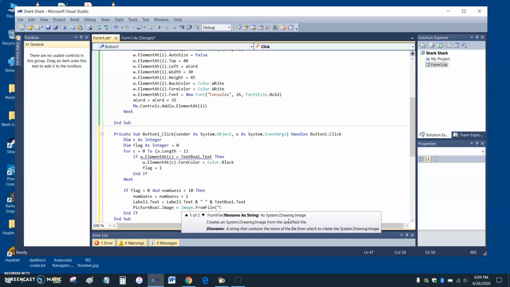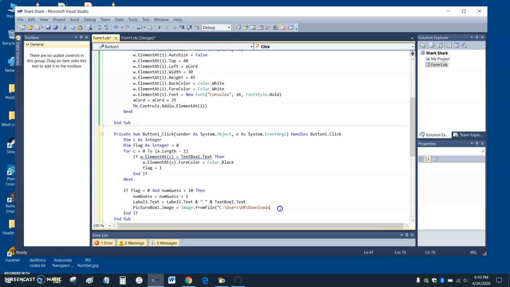and then a quote, C colon, and it's going to be Users. Now for you, it's going to be Student. C:\Users\Student\Downloads. For me, in my case here, it's DR. You're going to have Student there. And